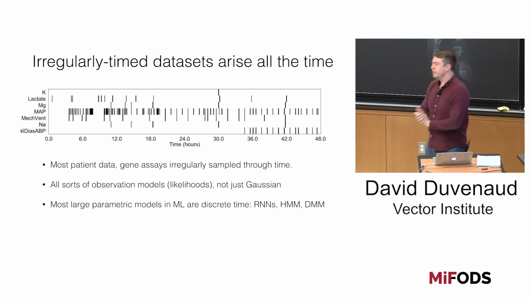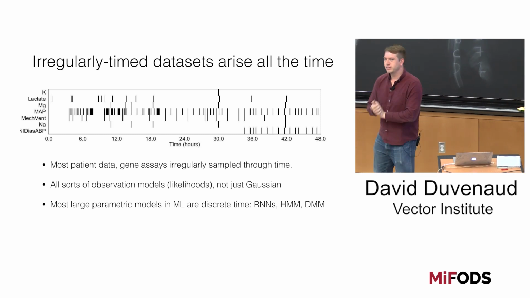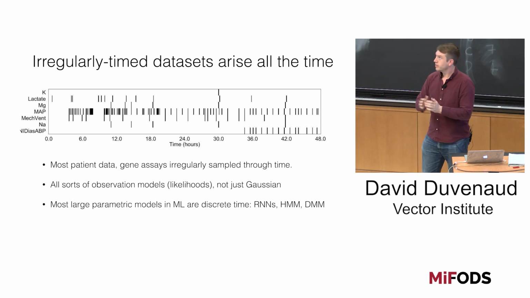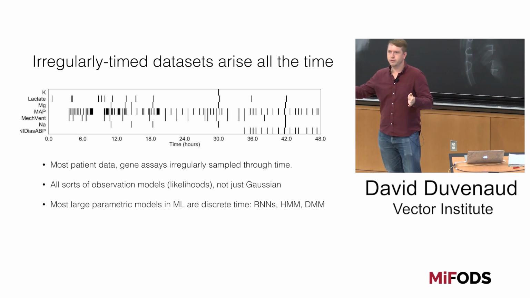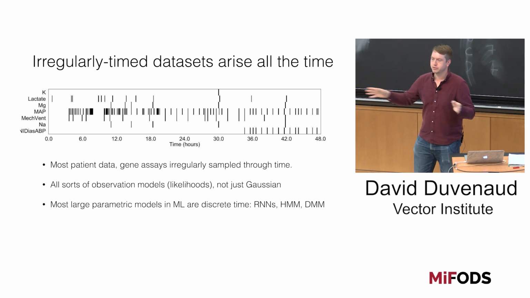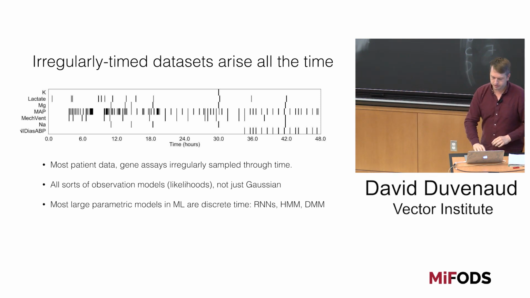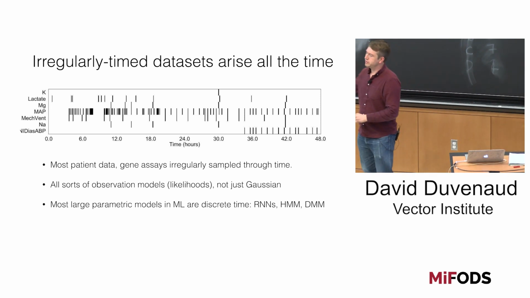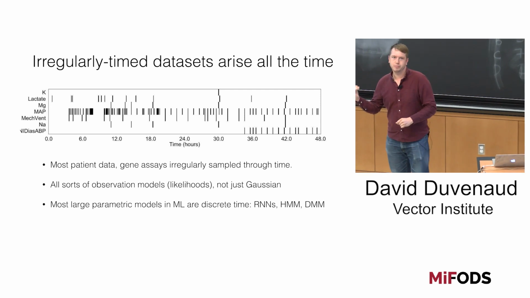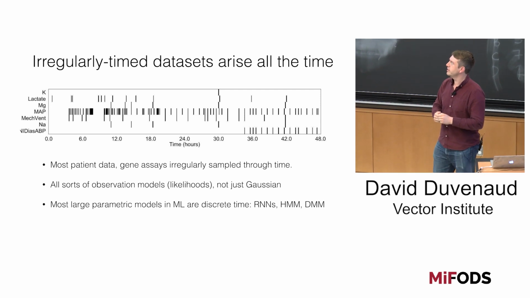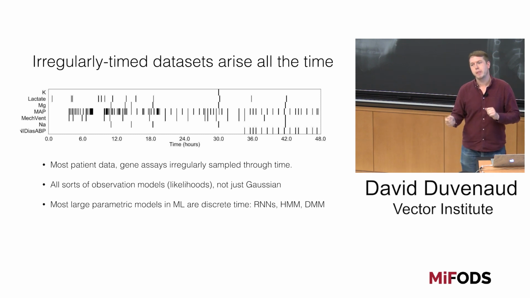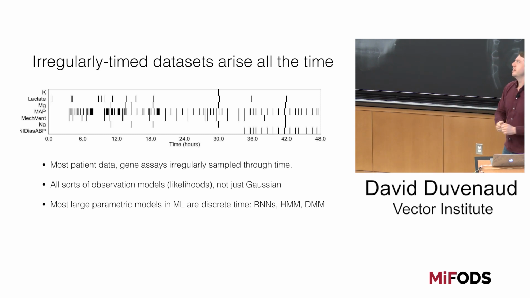Okay, so the original task that got all of this started was dealing with a problem of modeling tumor phylogeny over time. We had gene assays every few months for different patients, and they were all irregularly sampled through time. What I'm showing you up here is the timestamps of different observations in an ICU data set, where patients are in the ICU for 48 hours, and all sorts of different measurements like blood pressure and temperature are being taken at all sorts of random times. And we would obviously like to model this kind of data.